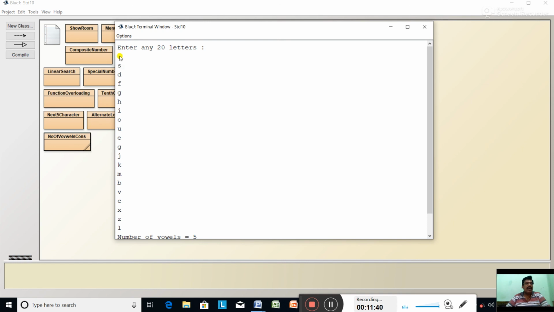See, A 1, I 2, O 3, U 4, E 5. So how many vowels are there? Number of vowels equal to 5 and number of consonants equal to 15.